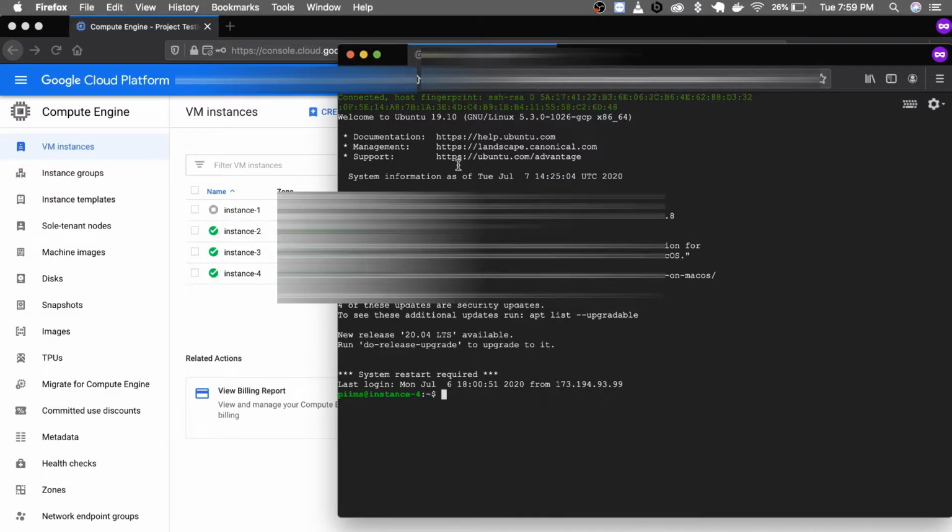Since we have our Ubuntu server up and running in this virtual machine, first we'll update our operating system. For that we will type a command: sudo apt-get update. This command will update our operating system with the latest features or latest code.